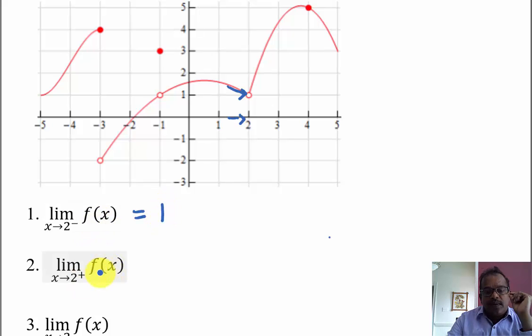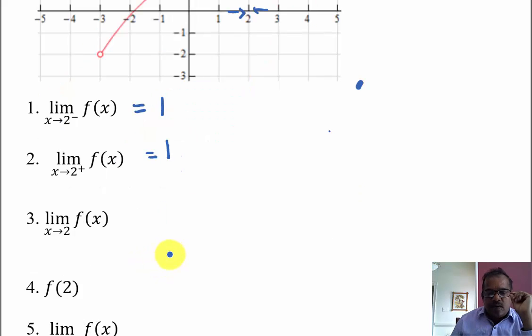The second question, the limit as x goes to 2 from the right of f(x), meaning as x approaches 2 from the right, you see the graph of f(x) approaching this point, which is also equal to